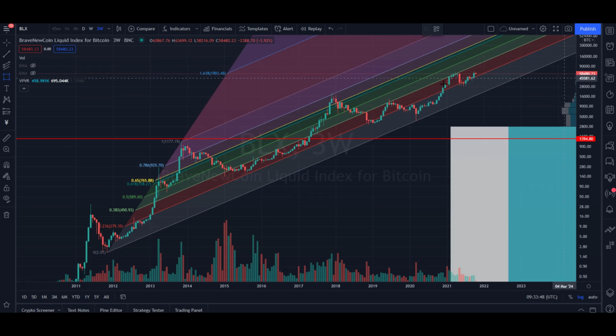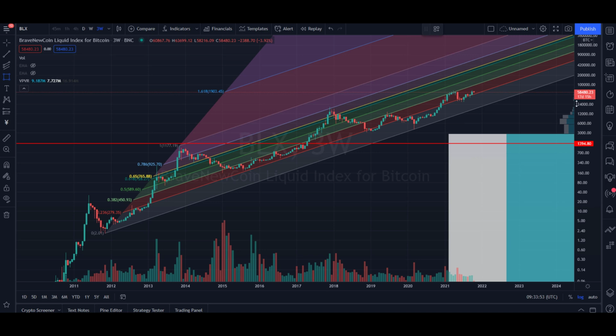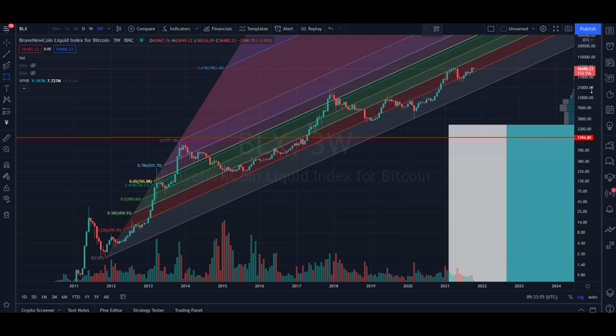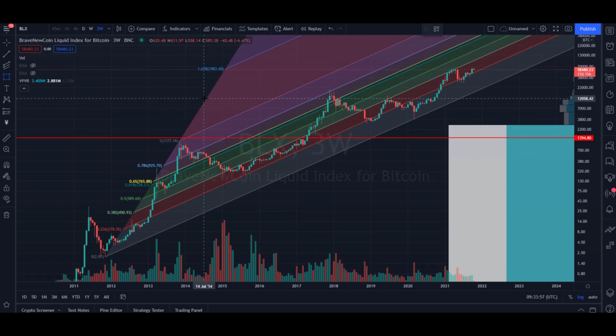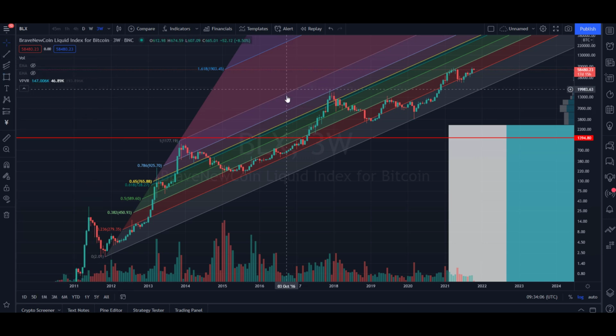In this chart I'm showing you right now is the BLX chart. It's one of the oldest charts we have for Bitcoin, and I want to show you this. This is the Fibonacci. You can use this tool. It's this one, Fibonacci channel. So why am I using this one? Because in the long term,